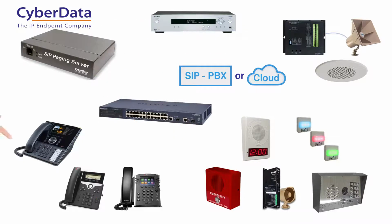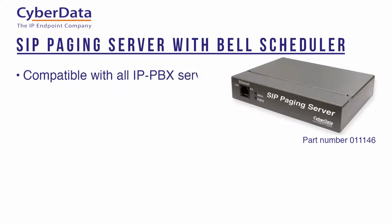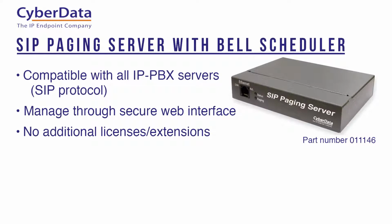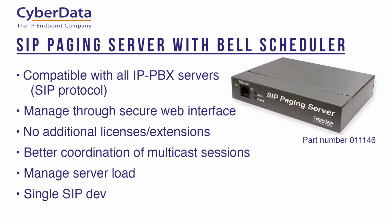You can then use your voice-over IP phone to page, ring bells, or trigger stored audio messages to any of your 100 zones. Cyberdata voice-over IP products are compatible with all IP PBX servers that support the SIP protocol and can be managed through a secure web interface. The Cyberdata SIP paging server with Bell Scheduler gives you this extra capacity without paying for additional licenses or extensions, and lets you better coordinate multicast sessions and server load by centralizing your paging, bell scheduling, and preset announcements through